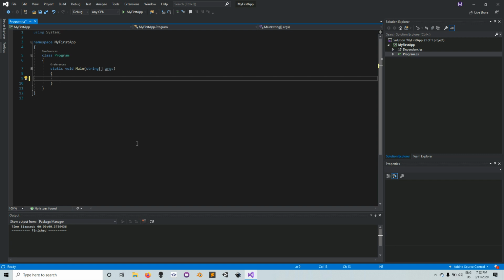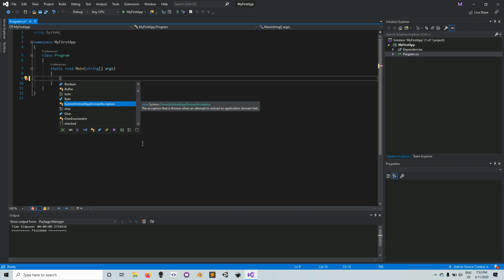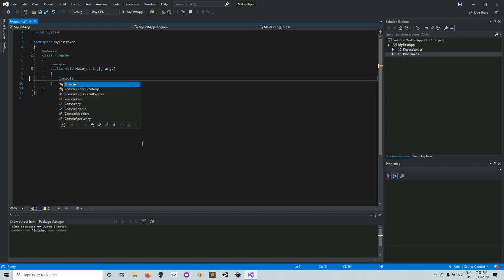If you would like to provide information to the user of your program, you usually use the console in a console application. So how do we do that? Suppose we want to display hello user to the user of our application. How do we do that? This is how you do it. You start with a capital C, Console dot